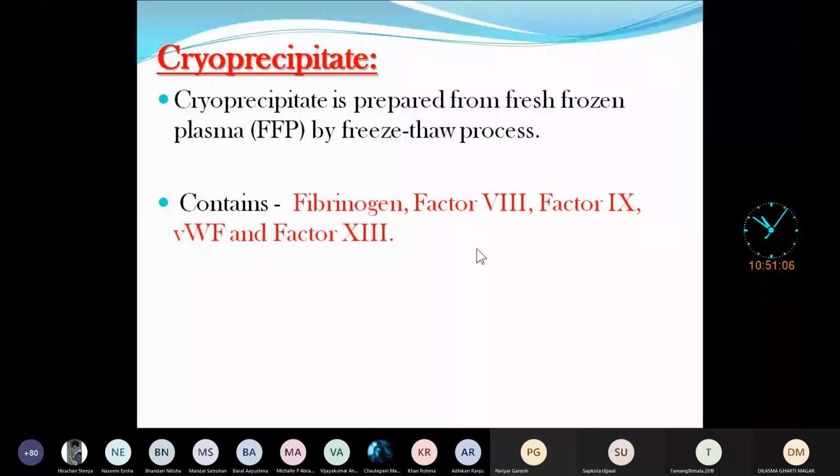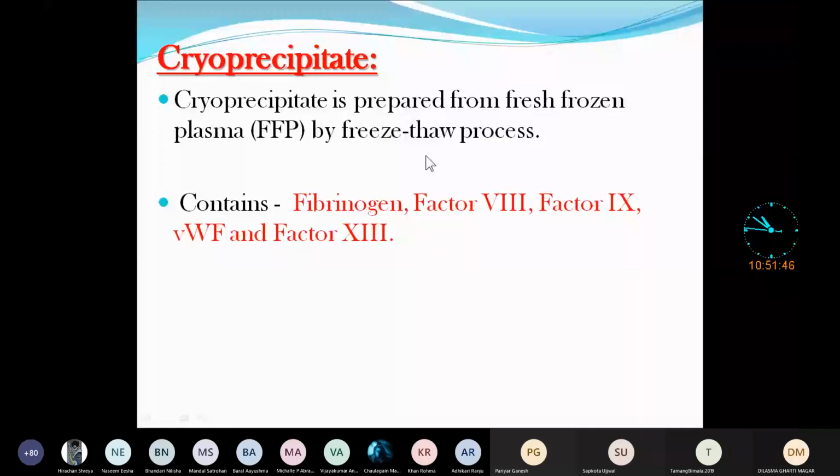Once the patient party has gone to the blood bank and brought this fresh frozen plasma, at first it will be frozen and kept in the deep freezer. After taking it out to normal room temperature outside, it will slowly thaw, understood here? So here that is known as fresh frozen plasma. And now whatever flakes there are on that frozen plasma, whenever it is thawed, then on the surface of that fresh frozen plasma there will be some whitish particles. So that is known as cryoprecipitate.